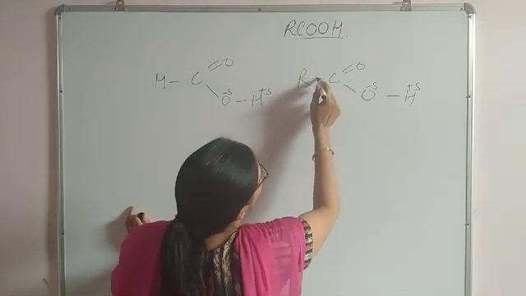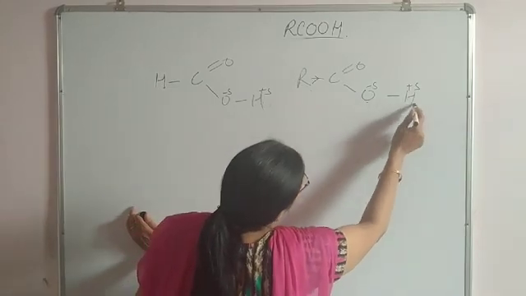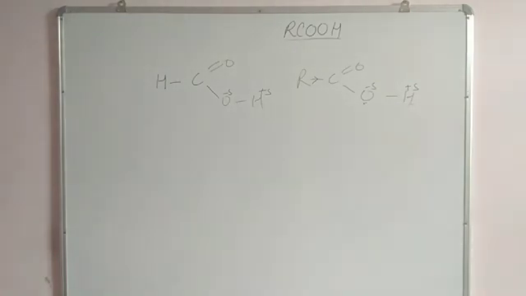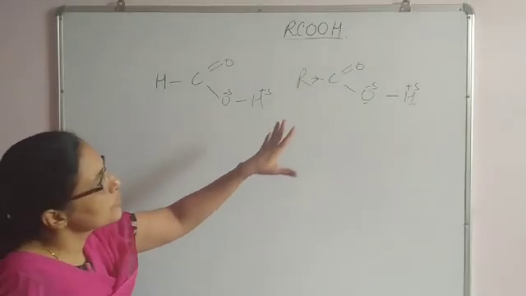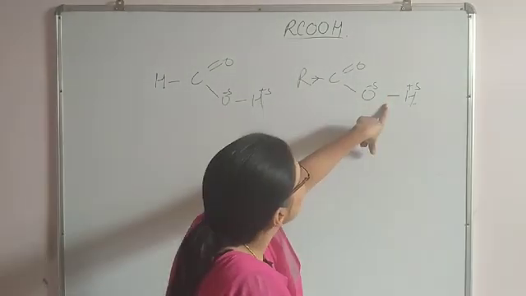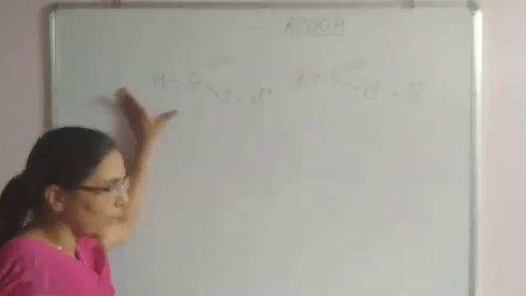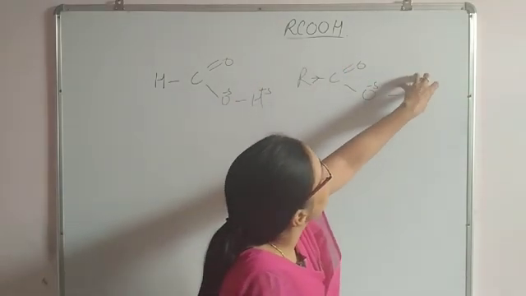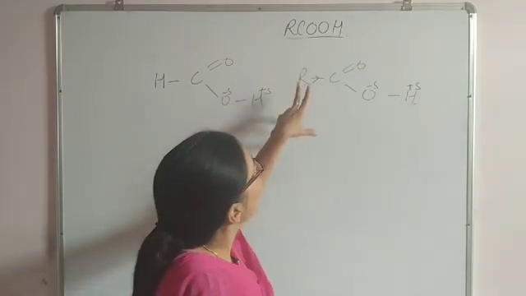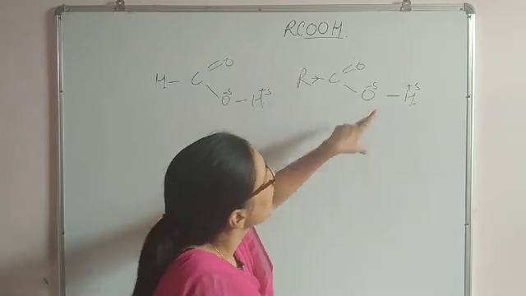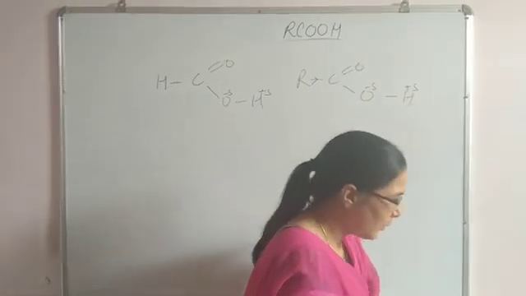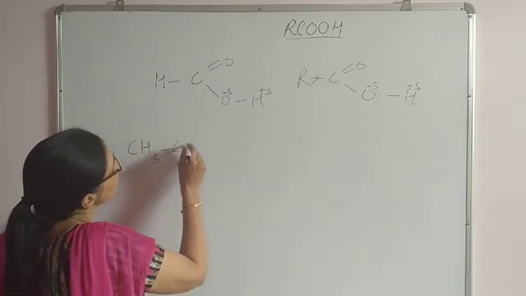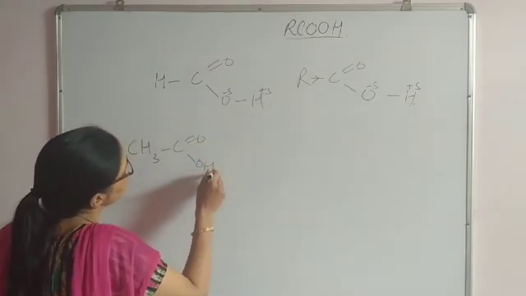So after donating electron, it will affect this OH bond in such a manner that it will dissociate to a lesser extent as compared to formic acid. So in this compound, release of H plus ion becomes difficult as this alkyl group is giving electron density. Suppose we compare four, five compounds: CH3 C double bond O OH,